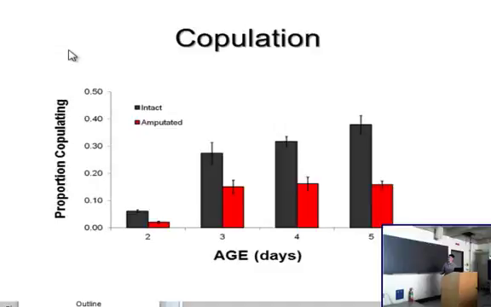Now, when you actually look at the copulation rates, so here instead of proportion calling, we have the proportion of those males copulating with age, we see now that the amputation does affect the ability to mate. With the age effect still intact, the impaired individuals with that amputation have reduced success at all these ages of observation. And this is, again, against that terminal investment hypothesis, but there's a different biological explanation which is equally interesting.